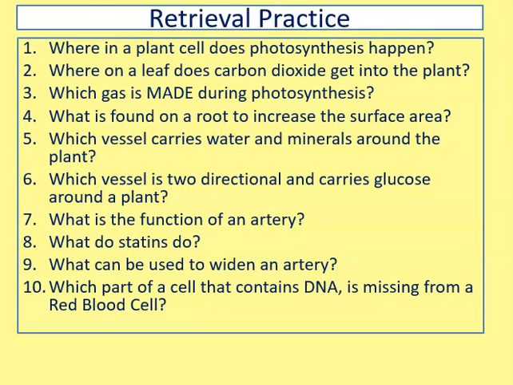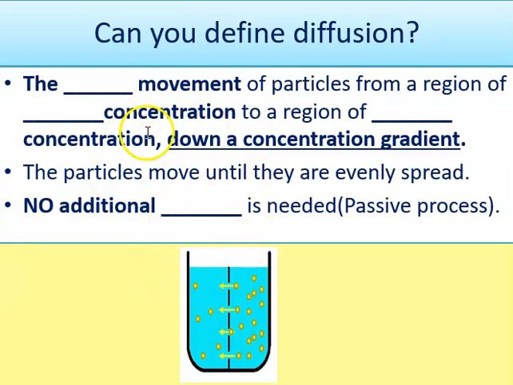We are first of all going to look at diffusion. This may be revision for some of you if you're watching this as a revision screencast. If not, this may be new, but we'll talk about it now. Diffusion is the net movement of particles from a region of high concentration to a region of low concentration